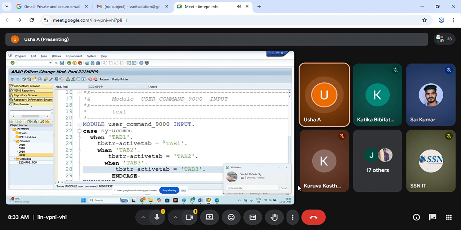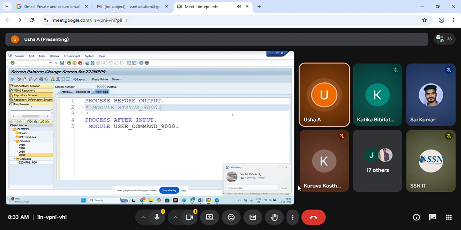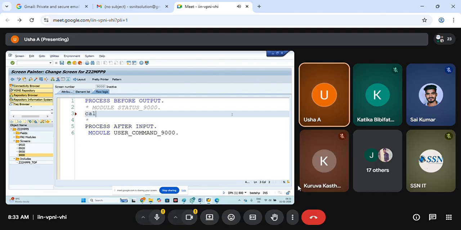Under that, what do we have? We have that subscreen, where it is going to display. Before showing the screen, we are going to call subscreen sub1 including the program name Z22MPP.